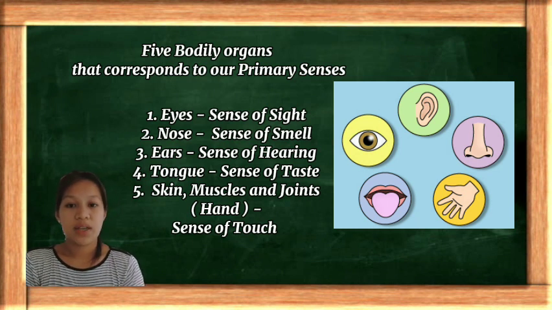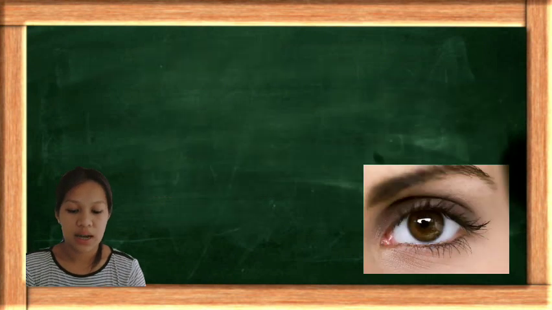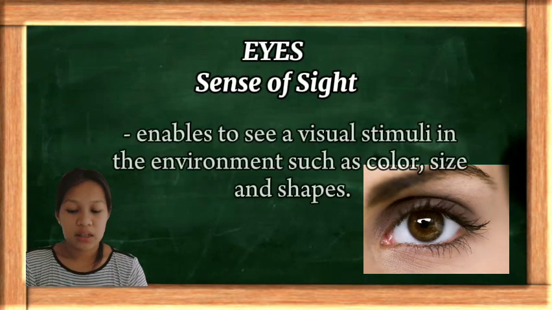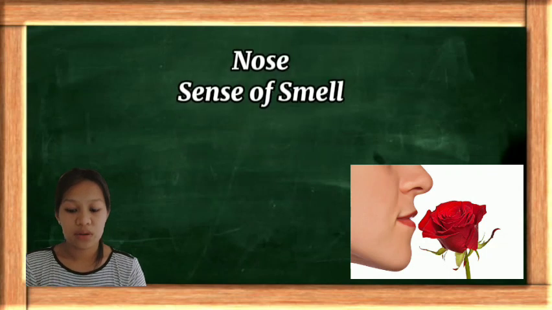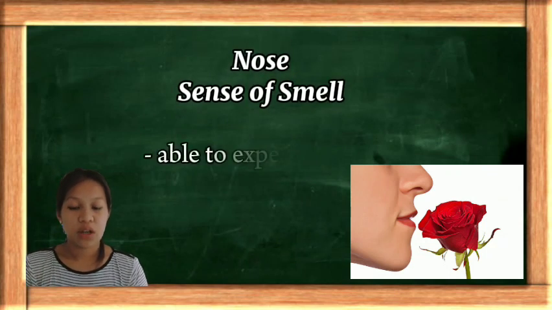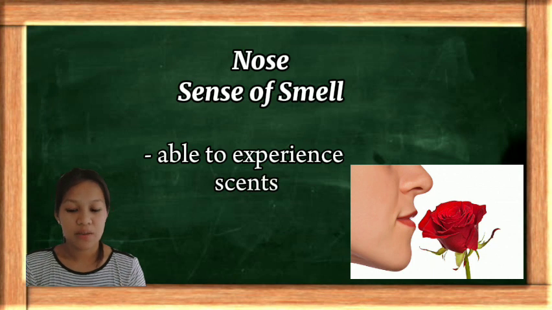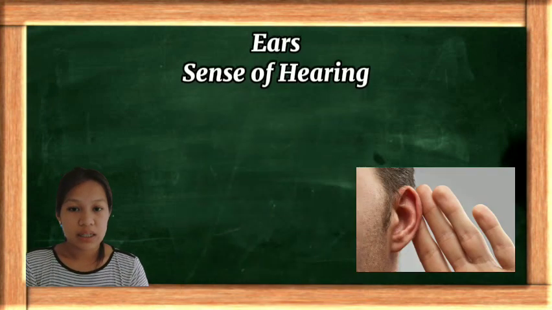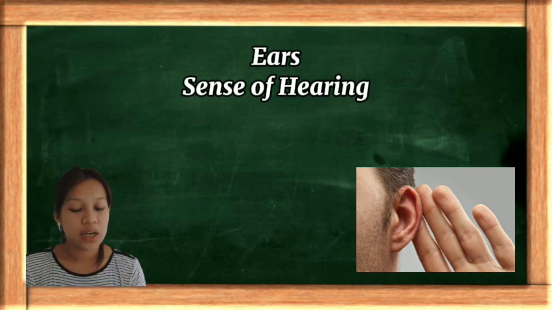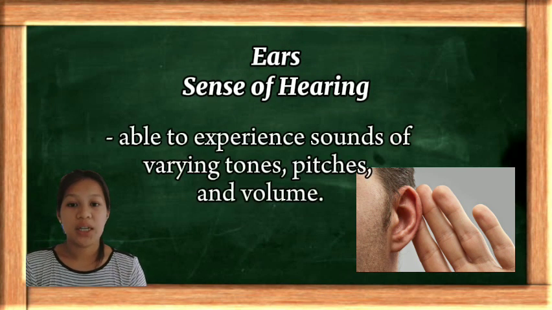First, we have the sense of sight. Our eyes enable our sense of sight so that we are able to see visual stimuli in the environment such as the color, size, and shape. For the sense of smell, our nose enables us to experience scents, while the ears allow us the sense of hearing so that we are able to experience sounds of varying tones, pitch,